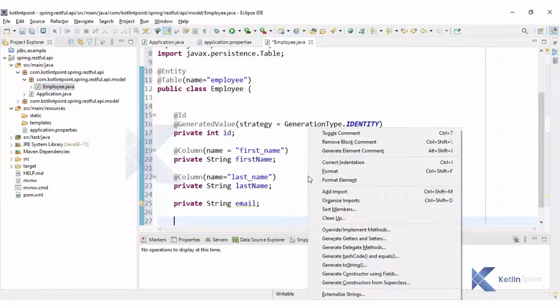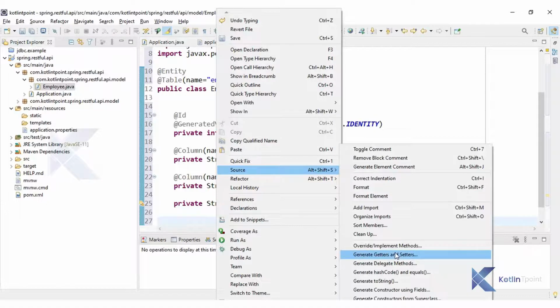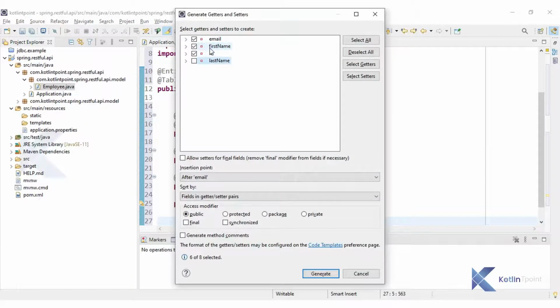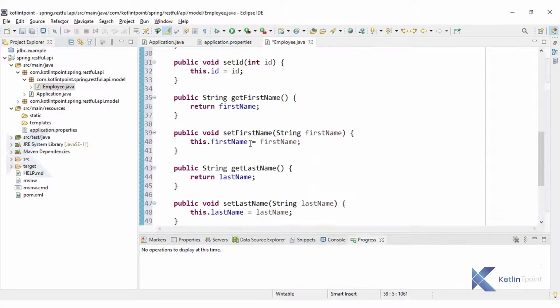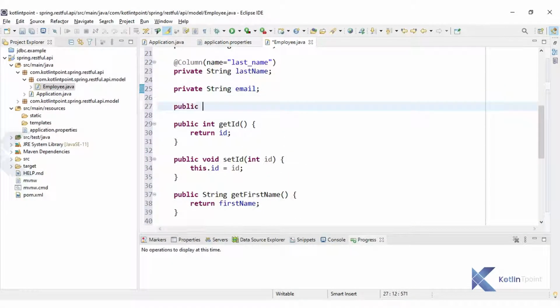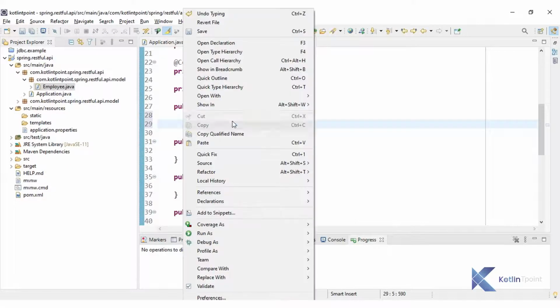And we need getter and setter methods. For that we can have the shortcut in Eclipse. You can right click here, inside Source we can have Generate Getters and Setters. We will select all the fields which we declared privately. So here we have getters and setters. One more thing I want here is a constructor. First I create the default constructor, and another constructor I can create here.